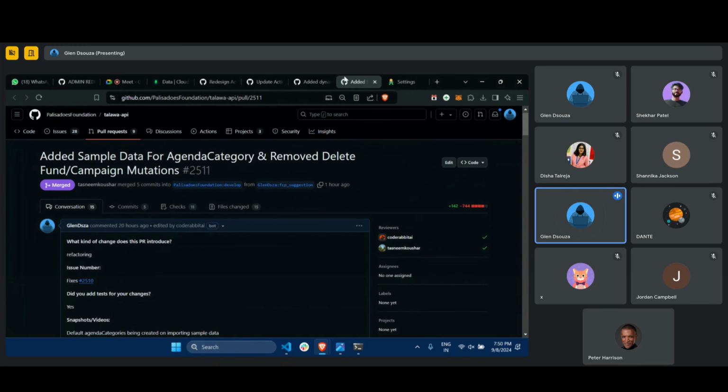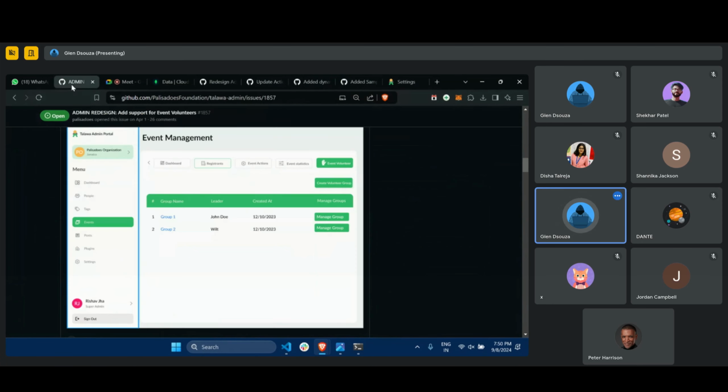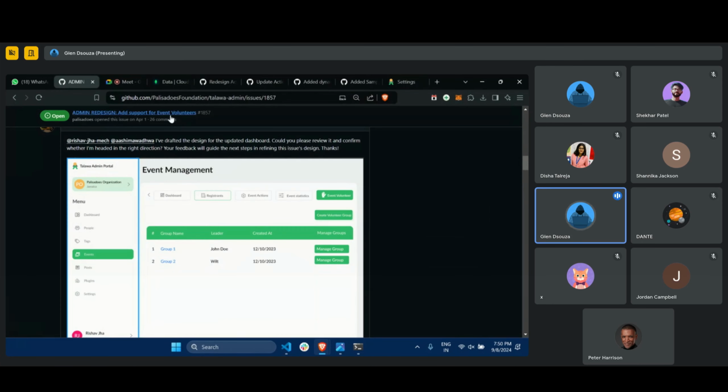for those changes. And I removed the delete functionality for action item categories, funds, and campaigns. Only the disable function is there for those entities. So in the past 2 weeks, these four PRs got merged, and now I'm looking into adding support for event